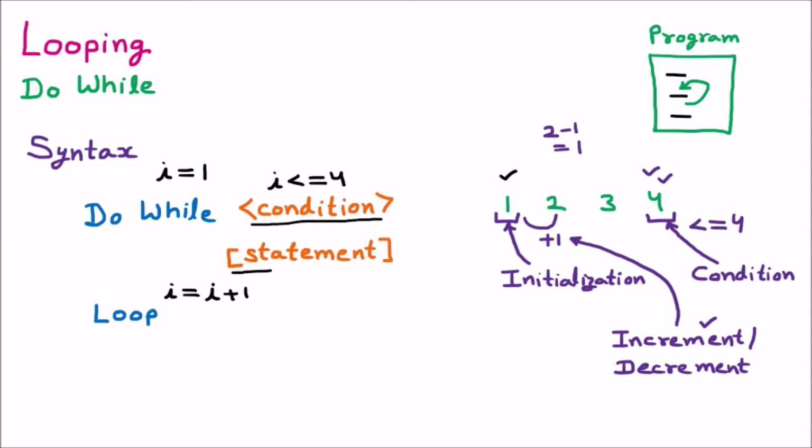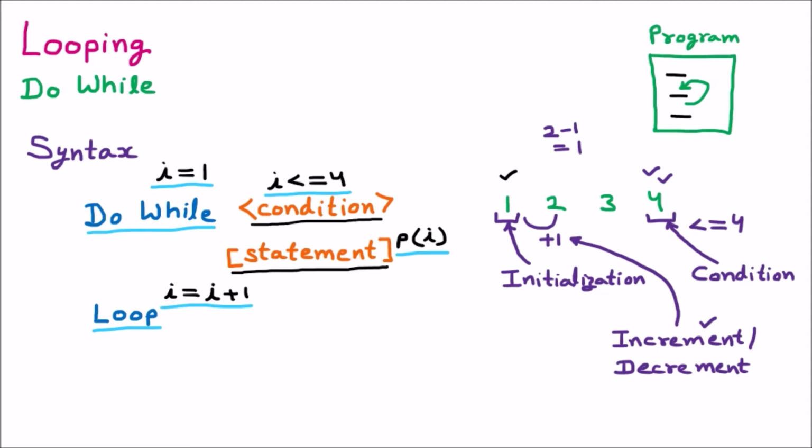And in the part of the statement we will write a print statement where we are going to print the I variable. So this is how the do while loop works. First of all we have declared a variable and initialized it with 1, so I equal to 1. Then we write do while, afterward I less than equal to 4. Then print the I, increment the I with 1, and this is the ending of do while. Now this is how the do while works.